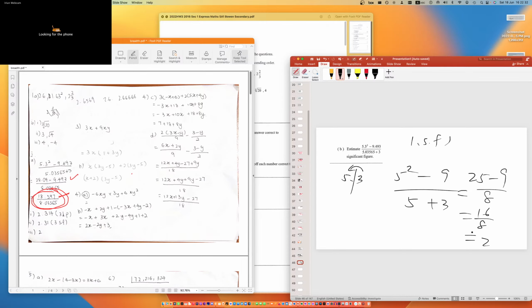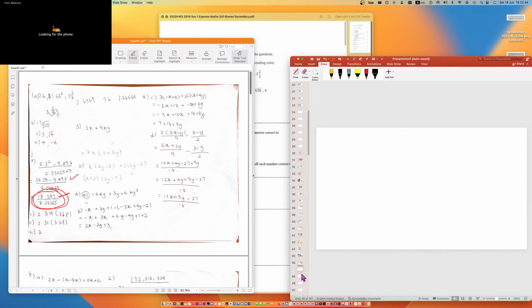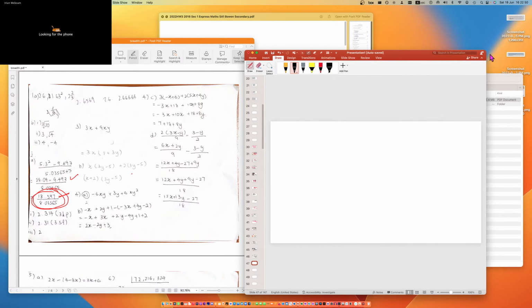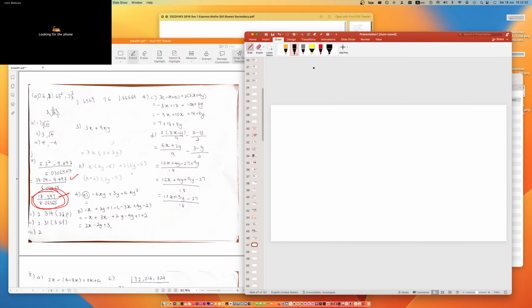There is no right or wrong method when it comes to estimation. It's just which one is more convenient. So basically, when you use estimation, it's about convenience. Do you know why you need to learn about approximation and estimation? So that you can estimate things and calculate faster. Sometimes in real life, let's say,